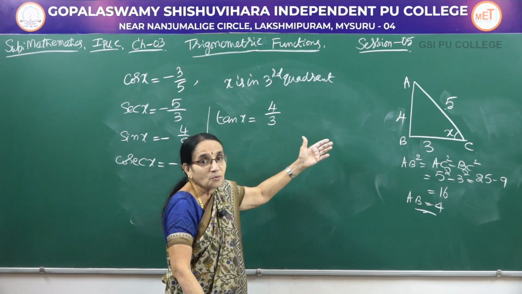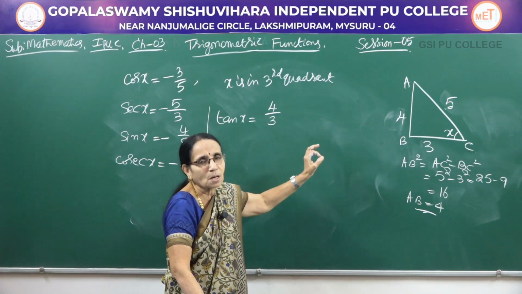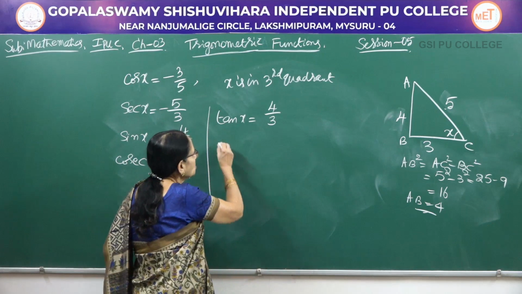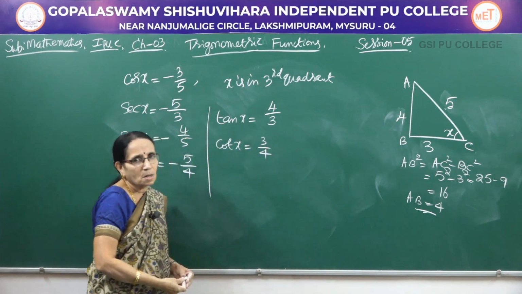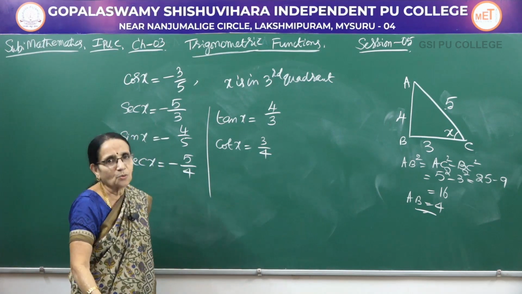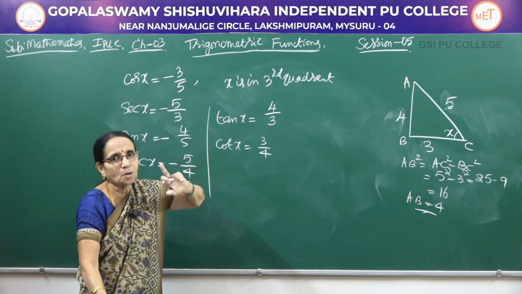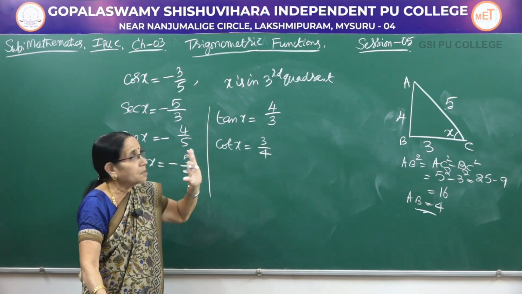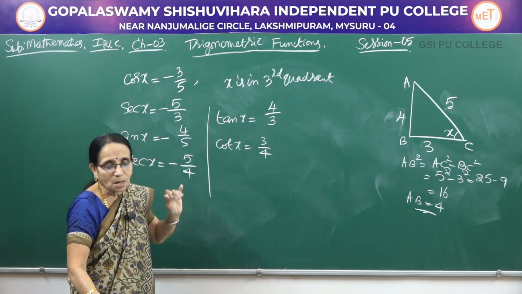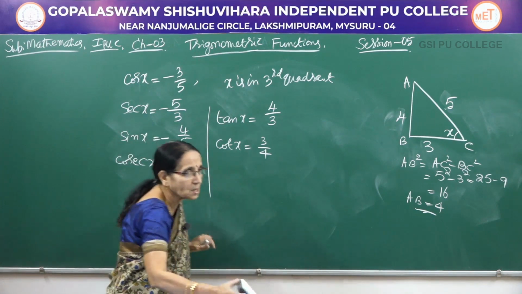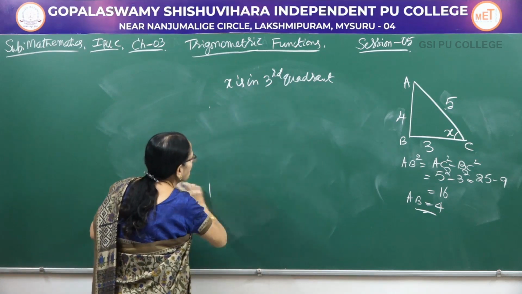So, some students find it difficult to remember all those things. That is why I tell the students to write only the numerical value in the triangle. Now, cot x is adjacent over the opposite side. So, this is how we have to find out. In which quadrant the angle is lying, that is one thing you have to remember. You have to look at it and decide, and which ratio is positive, negative in a particular quadrant, that information also you have to remember. Then it will not be difficult to work out any problem of this particular type.